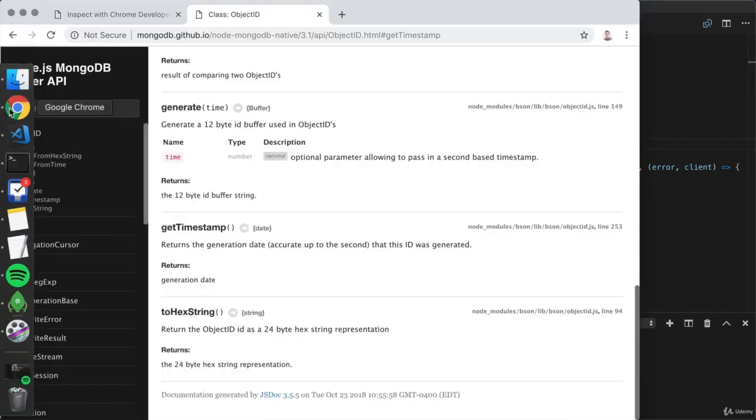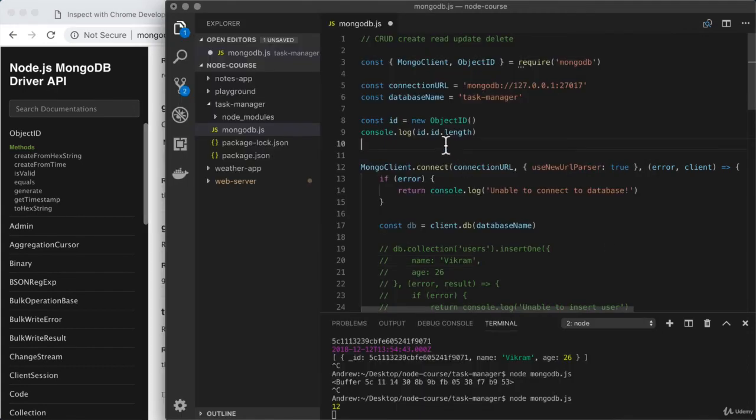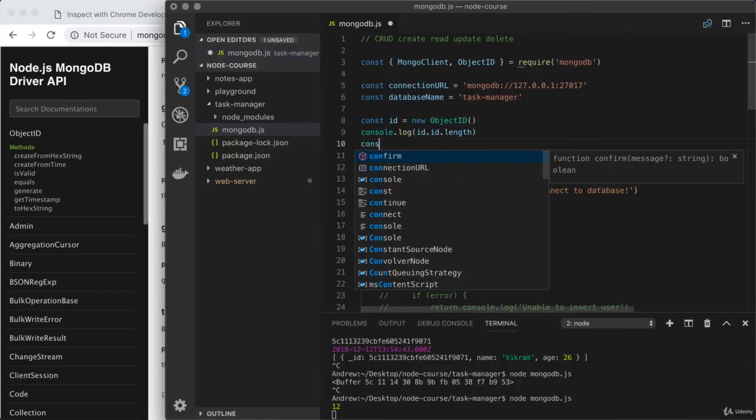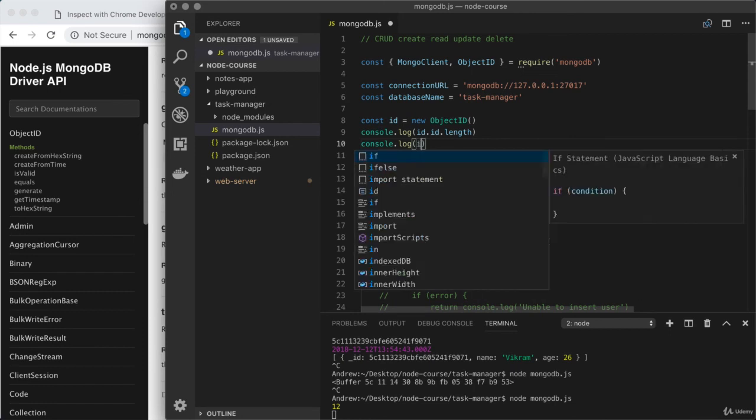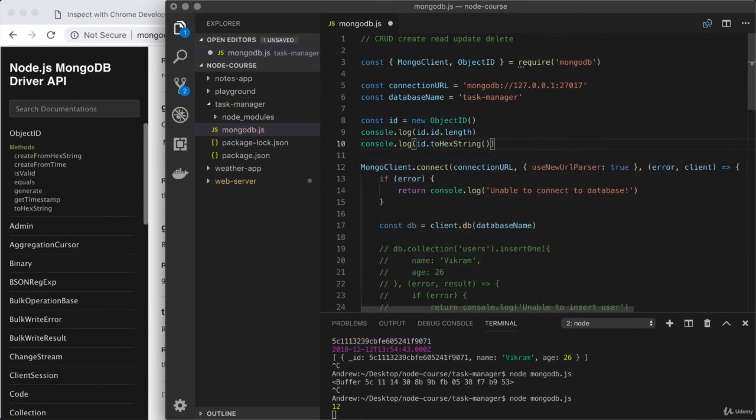If we head over to the API docs for one final time, we already explored getTimestamp. To do what we want to do, we're going to use toHexString, which is going to convert it over to its string representation. So right here, to get that done, we'll use console.log id.toHexString. We're going to call that as a function.